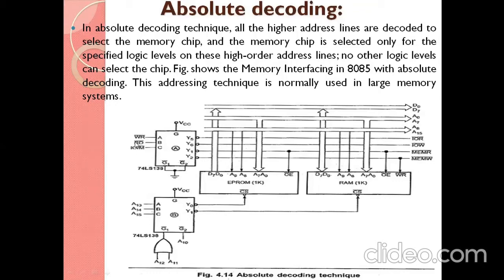0, 1, 0, 0, 1, 0, 1, 0, 0 means memory read. So like that, if you change these A, B, C values, automatically the read/write operation will get changed.